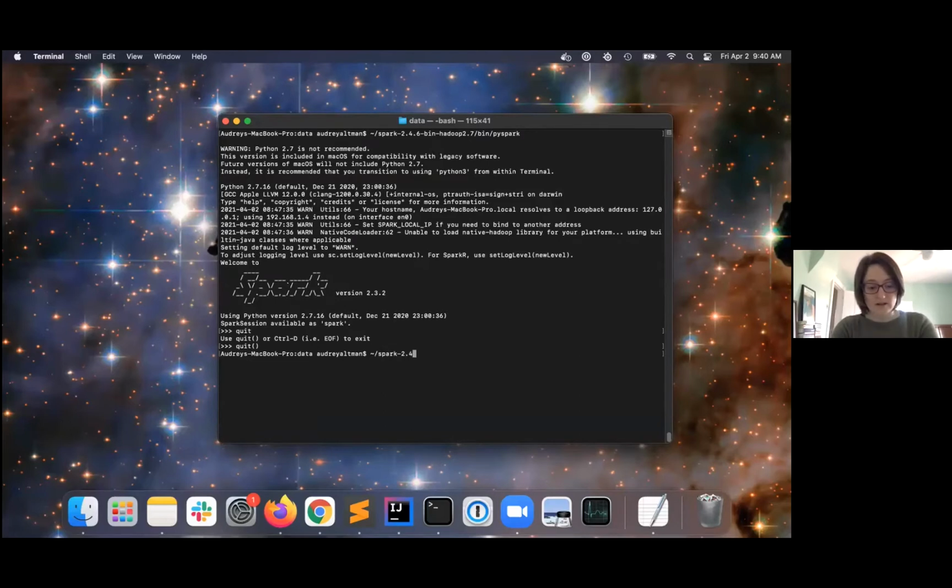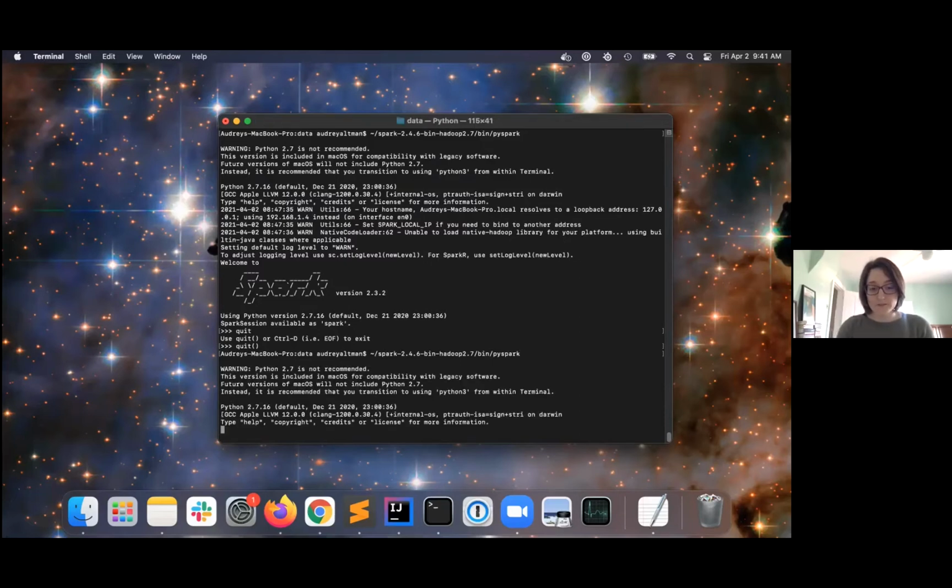So mine is, I have like 12 versions of Spark here. I'm going to use 2.4.6. You can use whatever version of Spark you have downloaded, it's fine. So you just want to get to whatever directory you have your Spark in, and you just want to run bin/pyspark. So that's the location of your Spark directory /bin/pyspark, and then click Enter, and it should